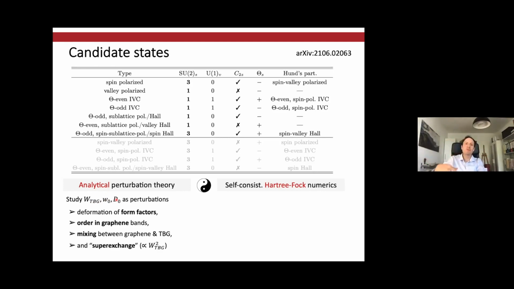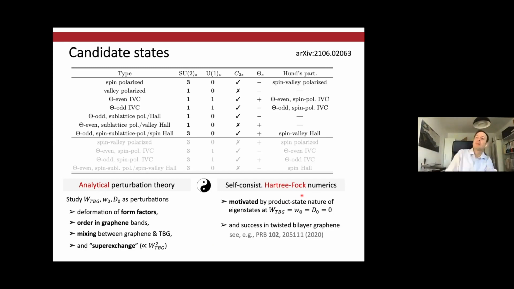There can be mixing between the two systems, and there will also be super exchange processes, if you want to think about it that way. Or, put differently, second order perturbation theory simply in the finite bandwidth of the TBG bands. And the Hartree-Fock is just motivated because it's a very new system, so it's a very natural starting point, and also by the fact that the eigenstates in this fine-tuned limit are actually product states, so it can connect